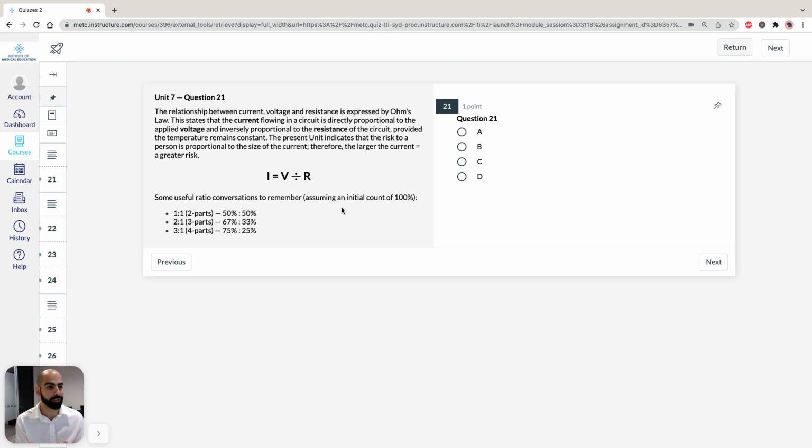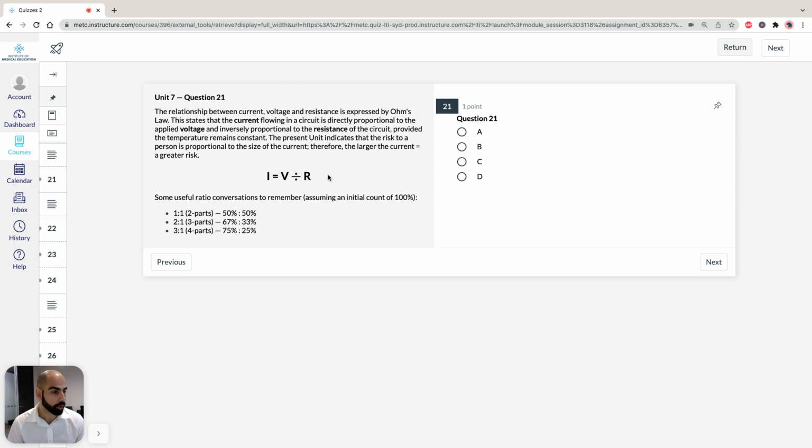So if we take a look at the stimulus, it's telling us that in general, the risk to a person who makes contact with an electrical source is directly proportional to the size of the current. So we know that obviously if we take a look at Ohm's law, current equals voltage divided by resistance. So what we have to do in question 21, it says that